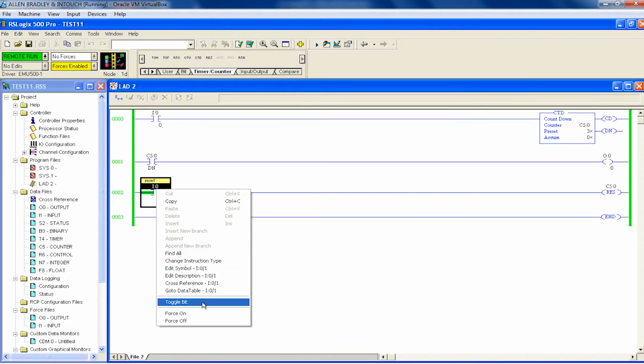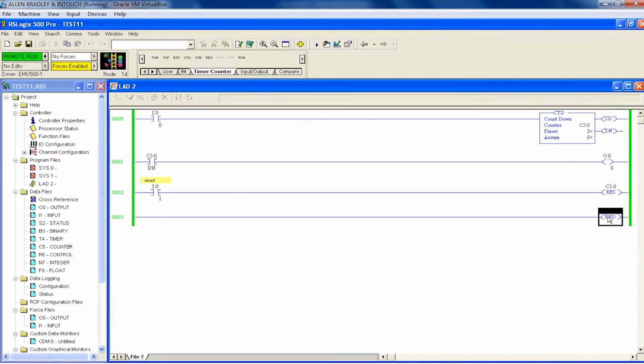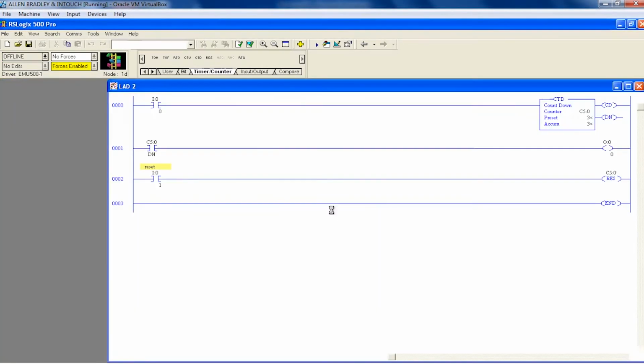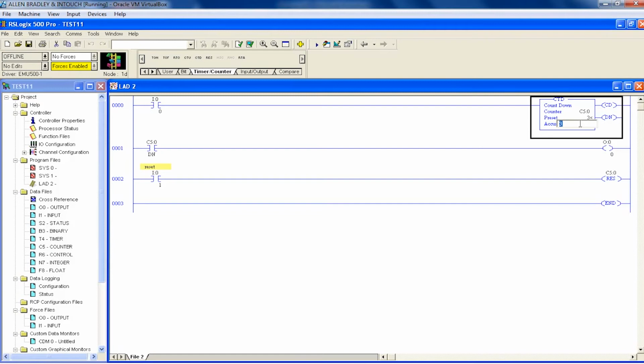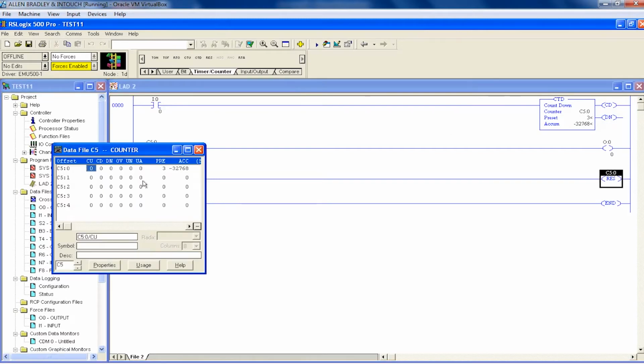And in the down counter also we have counter rollback. For counter rollback we should reach the lower limit first. So for that I am going to give the accumulator value as -32768. This is the lower limit of your down counter. If you give one pulse, it will roll back to the plus range, 32767. At that time the counter's underflow bit will be on.